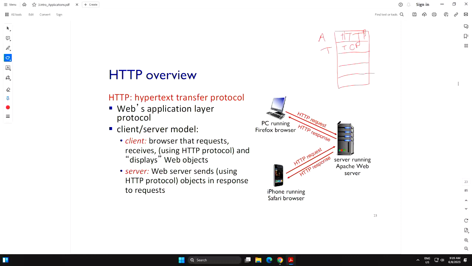Your website might look very pretty with beautiful videos, voice, text, pictures. But at the end of the day, the protocol that supports that beautiful user interface is based on this simple protocol. It requests an object, and the server's job is to deliver that object to the client. Nothing more, nothing less.